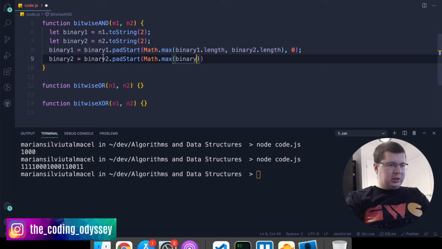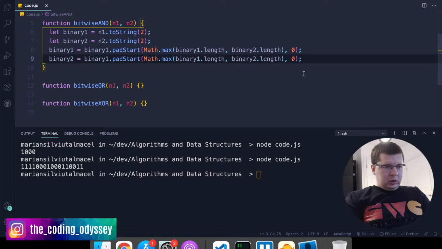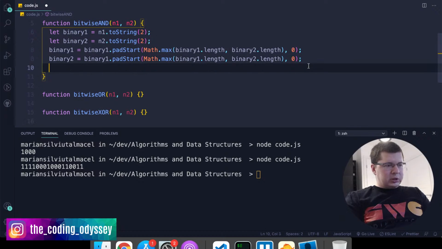I'm probably overcomplicating this a bit. There must be an easier solution. Maybe I'm just trying to solve problems that are not really there, but I'll just do it like this for the start, and then we'll see if there is a better solution. But sometimes you don't have to do the shorter solution. Anyway, now we have padded them, and then we want to create a new string,